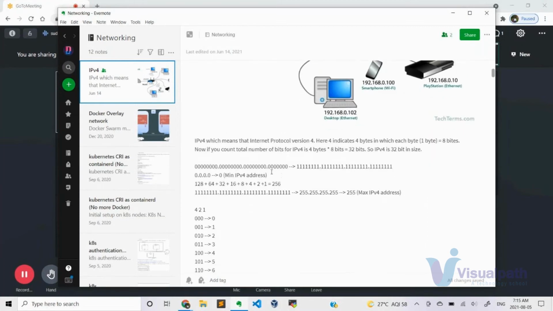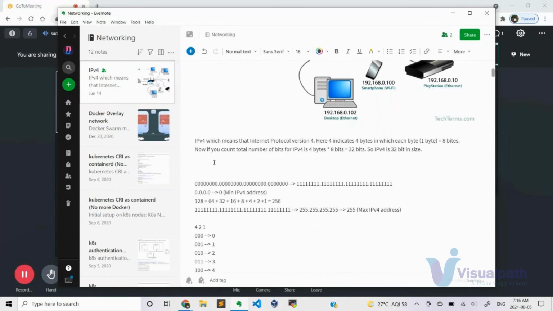Okay, so it is represented in the form of ones and zeros combination. It is represented in the form of binary, ones and zeros. Okay, the starting IP address of your IPv4 is, let me write like this: